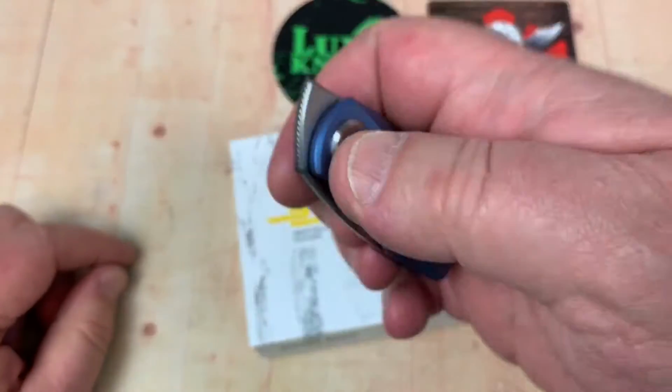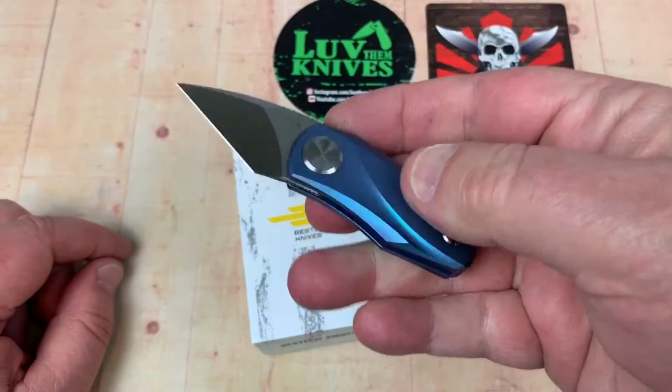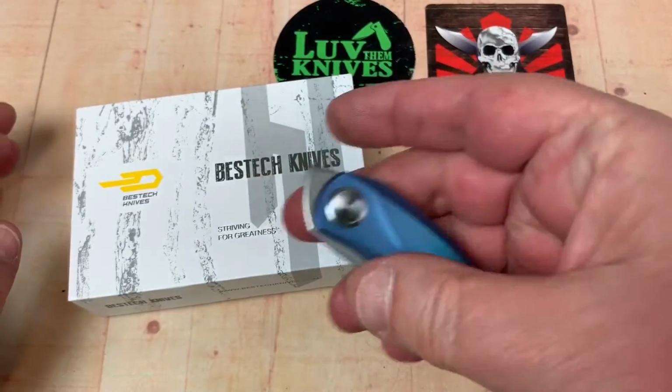It's the 1912 B for blue, and it's tulip time. And it's a front flipper, right? So you just, if you can hold on to the damn thing, because there's nothing to hold on to, but there it is. Open, close, and